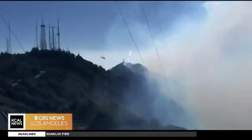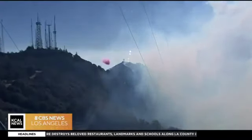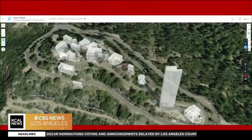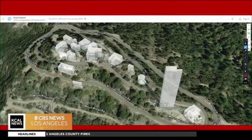And what we're looking at is these structures here, these radio towers and buildings. Our camera that you were just seeing is right about here. So seeing that this fire is just that close, coming back out the map, our camera is right about there. So we expect to see fire right along here. Now, the one bit